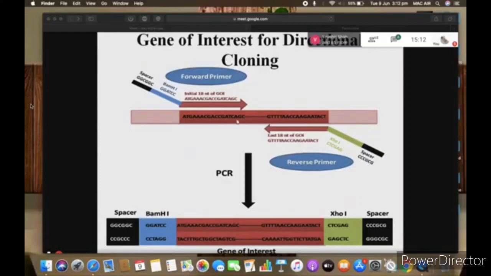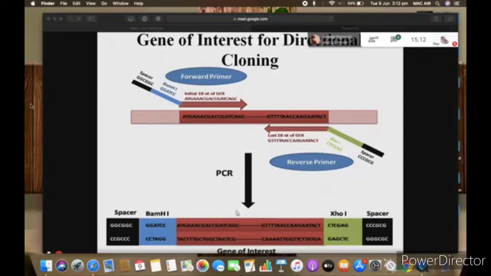Good. So you can see why we add this restriction site, because there is no BamHI site in this gene. After PCR, you will see that our amplified product has this restriction site at this terminal and BamHI at this terminal, and this spacer again becomes double stranded. So now your gene is this, your amplified product becomes this.